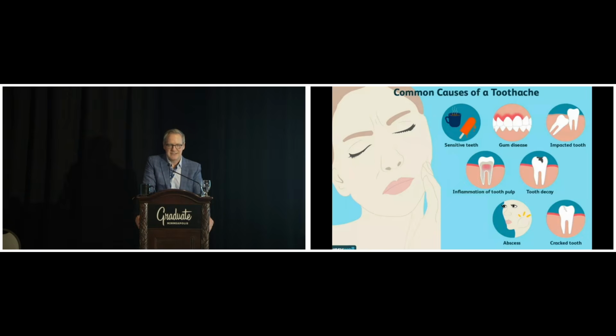So typically, what are we dealing with when we have dental pain that may refer to other structures, but the dental pain is just coming from the tooth? First, we have sensitive teeth. Roots that are exposed typically can be more sensitive to temperature, hot, cold. Gum disease, typically you can see that, so you know where it's going to be tender. This typically is not very uncomfortable, but if it gets into the advanced stages, you can get an abscess. Pressure in that area can cause discomfort. An impacted tooth, if it's partially exposed, you can get an infection around that tooth, and that can cause pain in the posterior or the back of the jaw that can radiate to the ear.